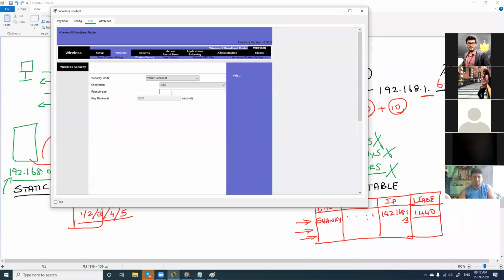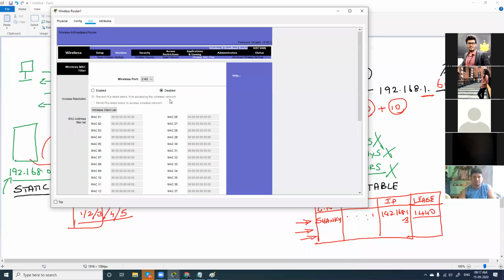Passphrase is your Wi-Fi password. This will be your Wi-Fi password. You can assign any Wi-Fi password. So next time when a computer is trying to connect to your Wi-Fi, it will be prompted for the password, right? And you also have a lot of other options here, like wireless MAC filter, wherein